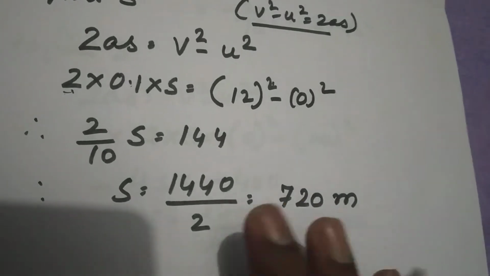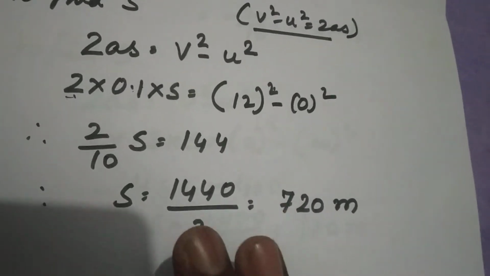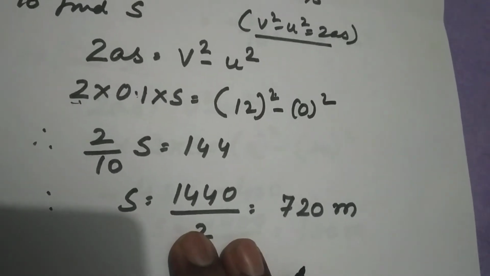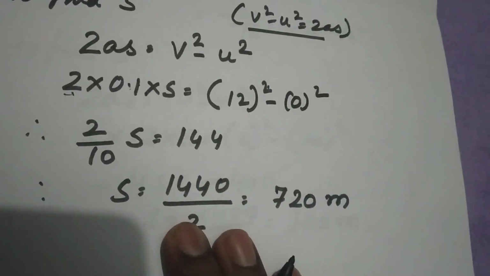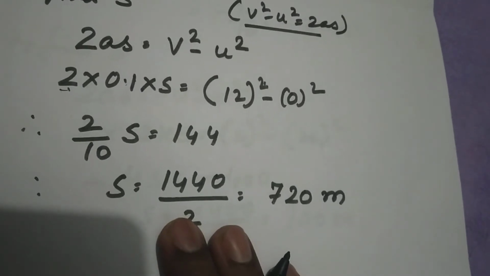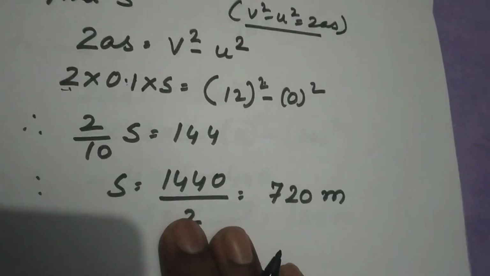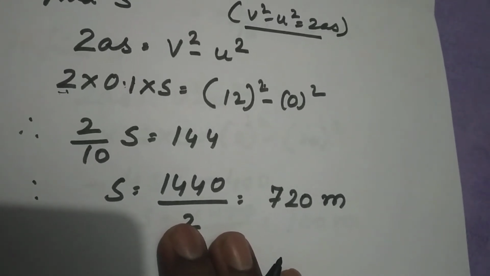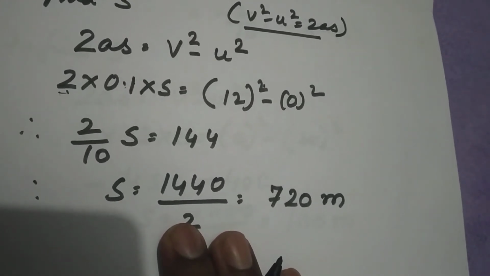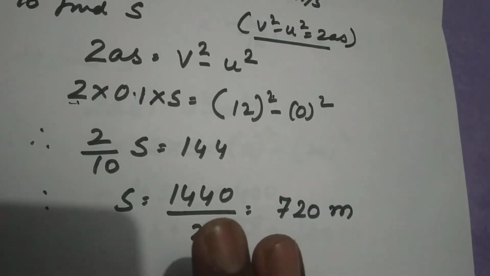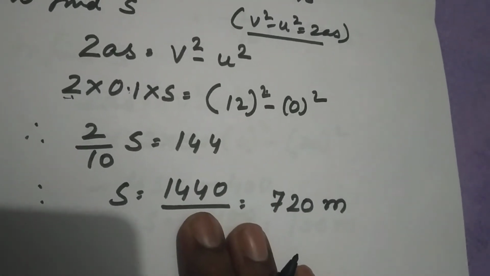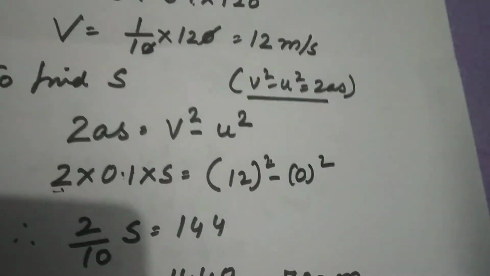So these steps have to be understood, practiced and observed carefully. These questions are extremely important and based on equations of motion. And you have seen that already we are applying the first equation of motion, second equation of motion, and in subsequent examples we can be using the second equation of motion also. So we have to see which particular equation of motion has to be used. So we are coming to the last question for today.